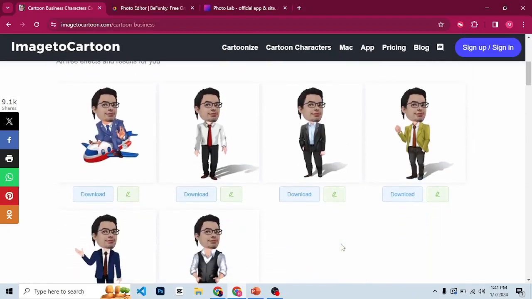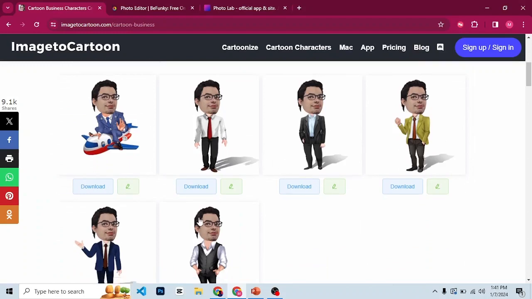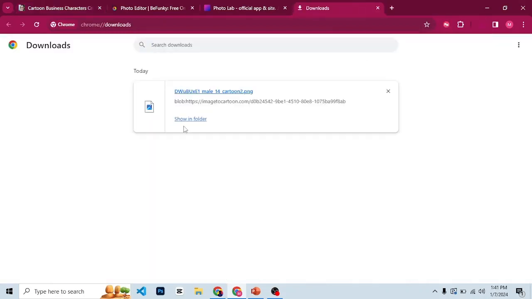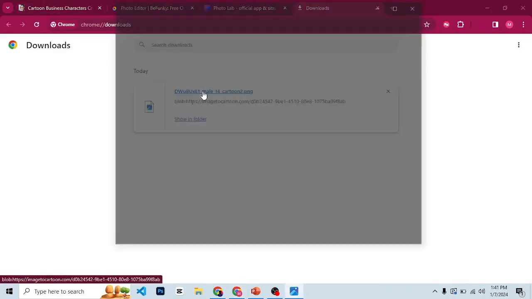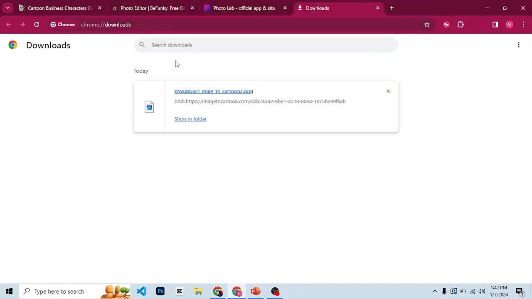Now if you scroll down, you see that the effect has applied to our image. So just look here and choose the one you want to use. I want to download it, so I'll just click on download. Then it will be downloaded. So if I go to my downloads folder and click on this, you can see that the image has turned into a cartoon. Right, now let's move to the next website, which is